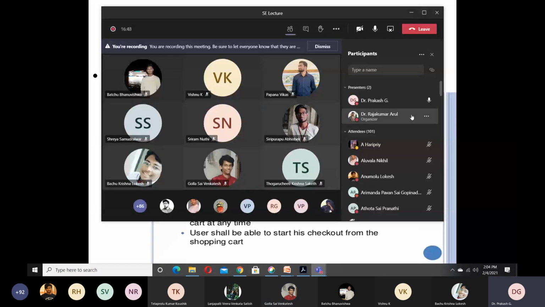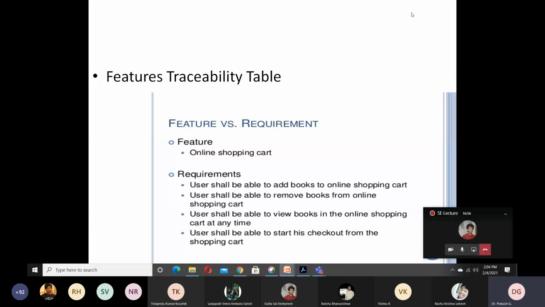Okay. Still, we can consider some more requirements also. Anyway, two requirements have been newly added. So you just think about it. You can add your address. Probably there may be a different address that you want to add, so that also you can plan to add into the cart. Something relevant to online shopping, whatever you are feeling, you can add it.